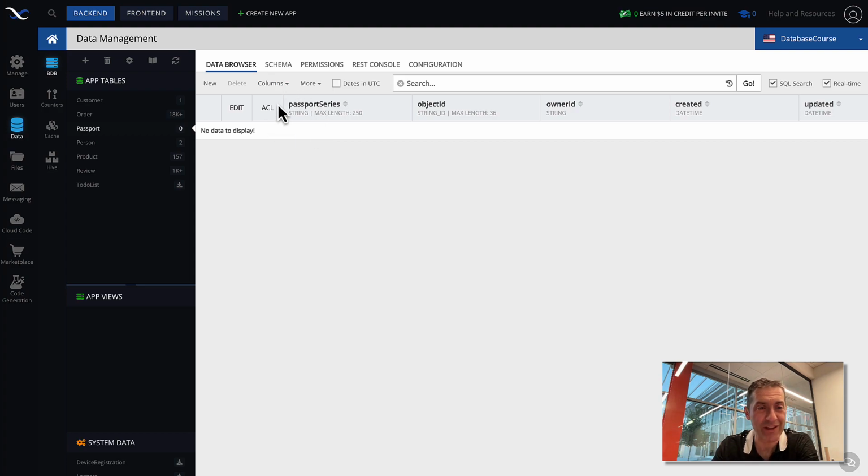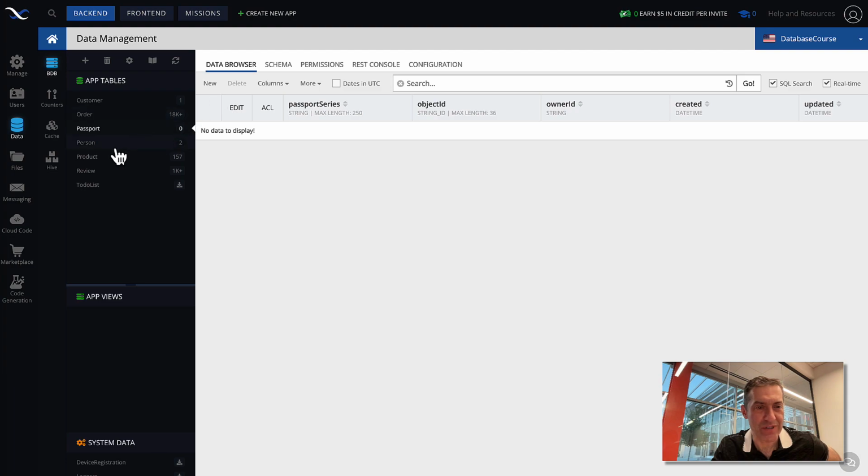To create a relationship, both tables that the relationship connects need to be in place. You cannot define a relationship for something that doesn't exist. The relationship in Backendless is essentially a column, and you can see it as a connection between the tables. That column has a column name, and it is important because whenever you start working with that relationship with the API, that column will be carrying related data if you are requesting it. We will get to that also in this video.